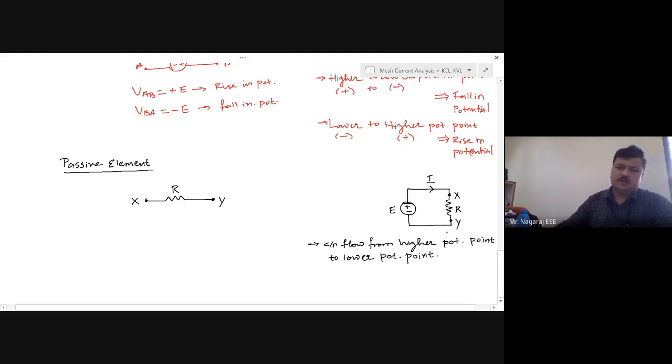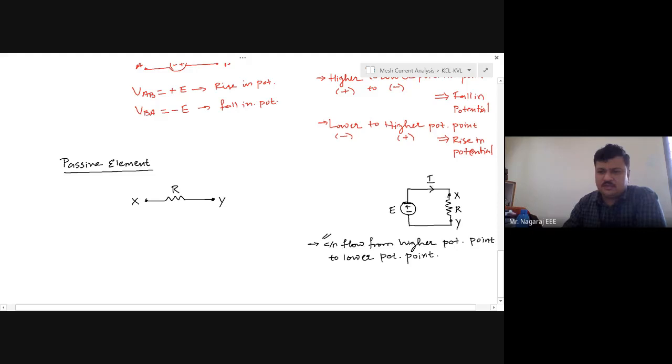Okay. Now, this is the direction of current, or the path of the current, that has been assumed as conventional current. So we always consider that from the source, current always comes out. Actual current always comes out from the higher potential point of the source. Now, when the current has to flow through the resistor, the same thing has to be followed. The current should always flow from higher potential point to lower potential point.